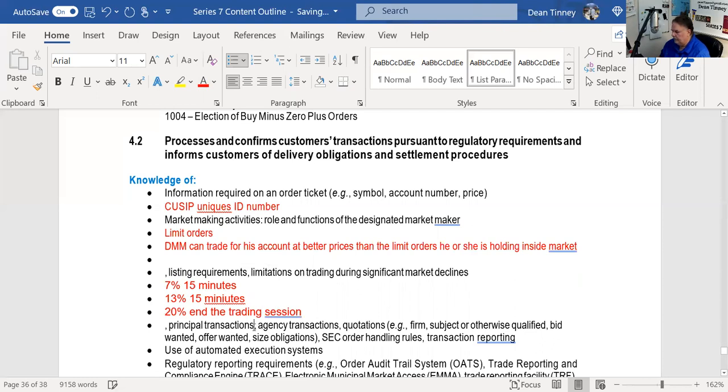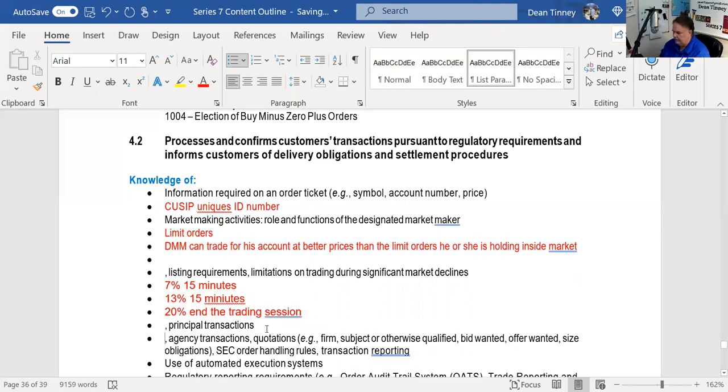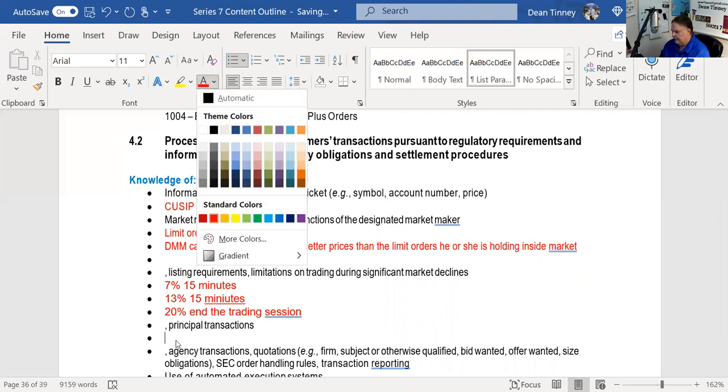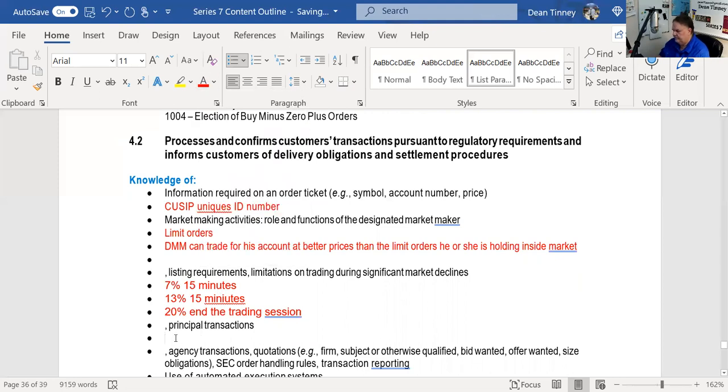Very important to know the principal versus agency transactions. So we're all called broker dealers, but in any one trade, we're either going to be a broker or a dealer. Principal and dealer are synonymous. And so when the broker dealer is acting in its principal dealer capacity,